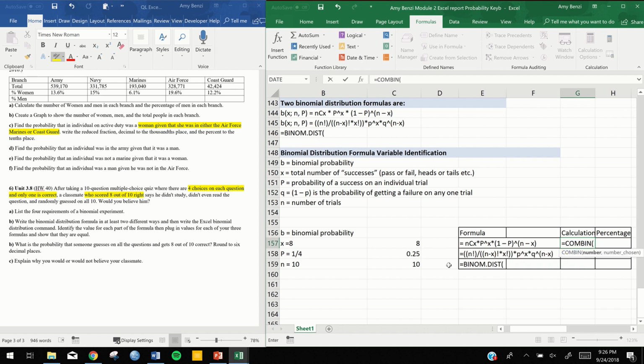And I want the combination of N choose X, the combination of 10 items, comma, chosen 8 different ways, close parentheses. And then this is my formula, I'm following this formula, N choose X, times,